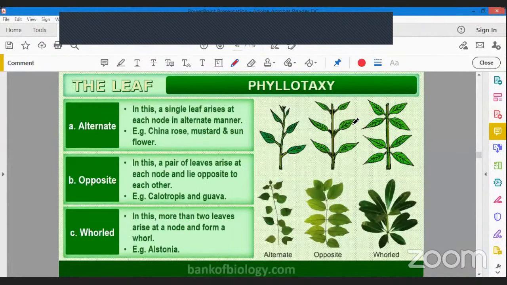Done. So now we go to alternate phyllotaxy. Look at this. Here, a single leaf will arise on each side. So, in each node, one is coming this side, the other one here. It is alternating. Okay. Whereas look at it, it is opposite. So a pair of leaf will arise from opposite sides. And in whorled, there are many leaves which will arise at the node. Are you understanding? There are many leaves which will arise at the whorl. So take down and also the examples. First,